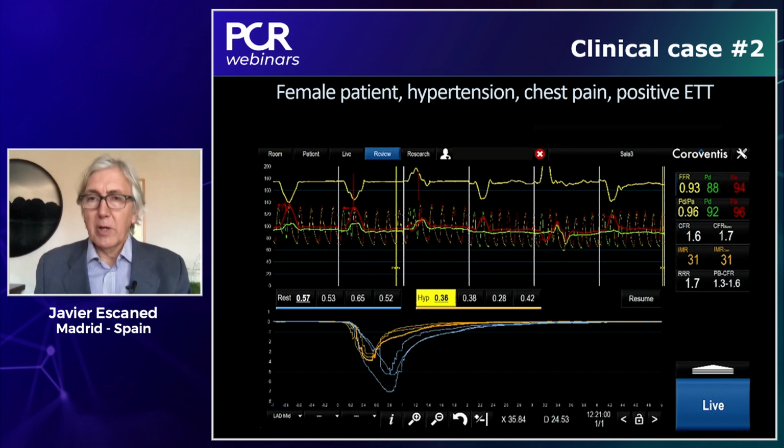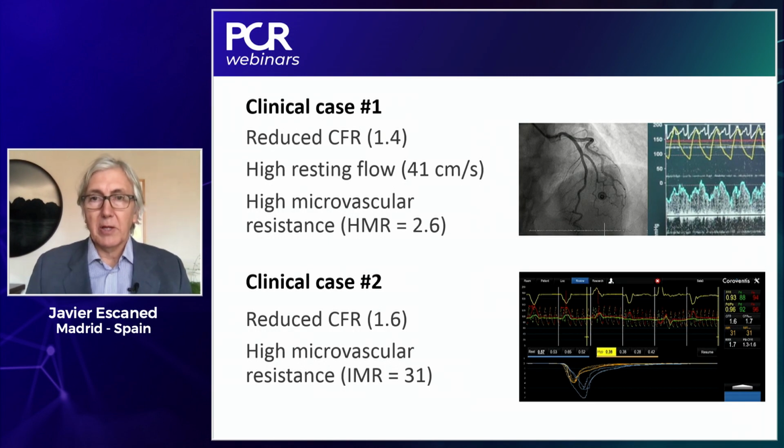So when we look at the two patients together, you have two good examples of patients who have microcirculatory remodeling of the coronary microcirculation. By the way, in both cases associated with hypertension, which we believe is a very important cardiovascular risk factor triggering this problem. Interestingly, in the first lady, you could see that one of the problems is that resting flow was high,